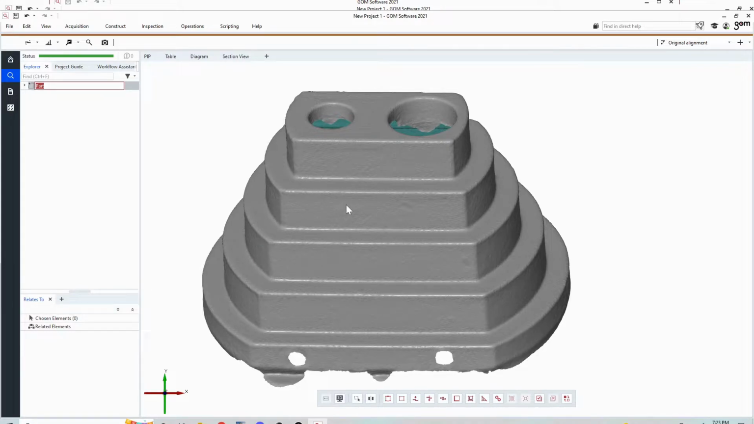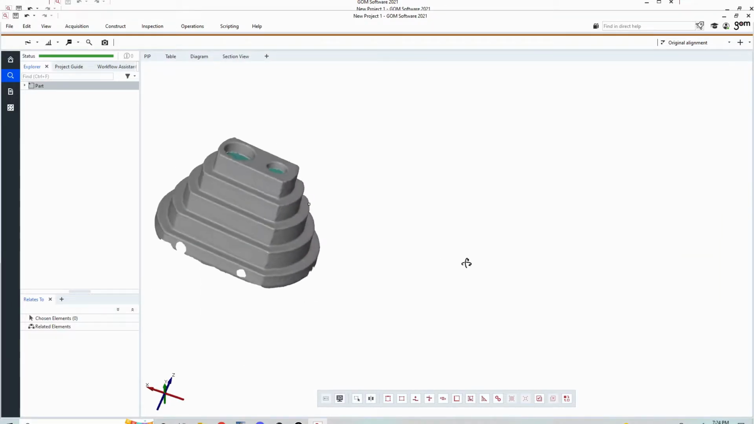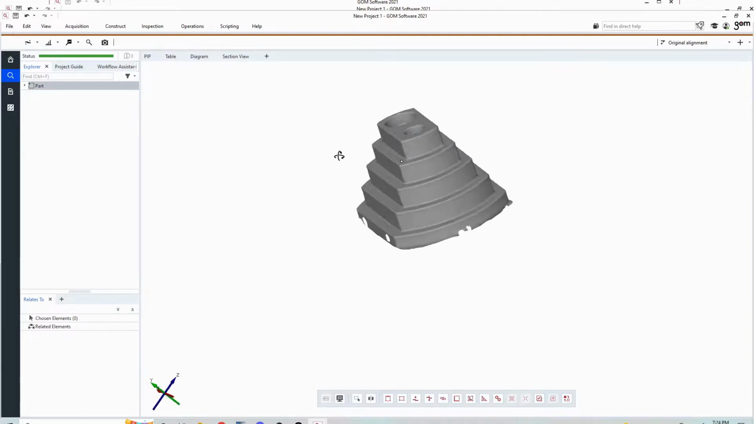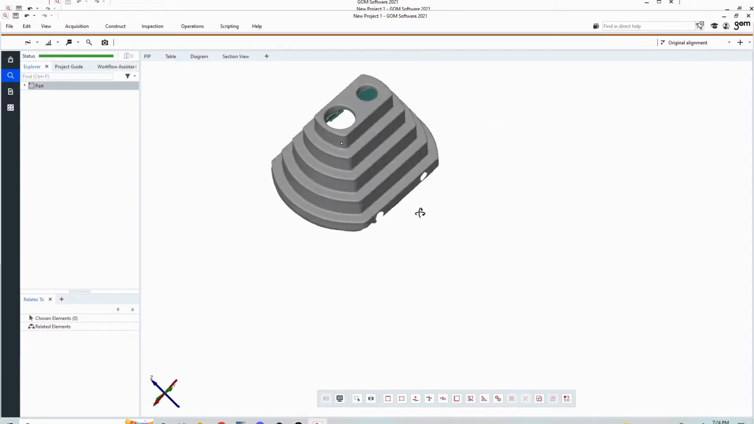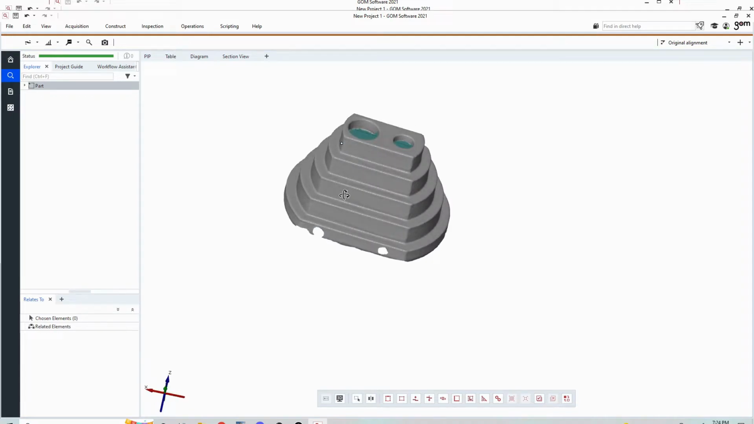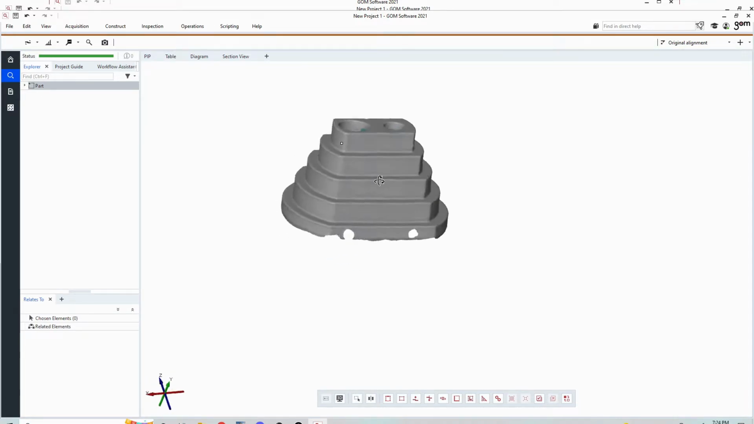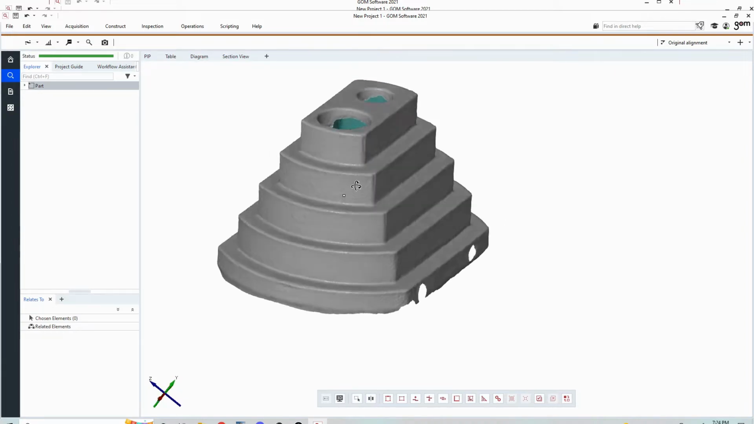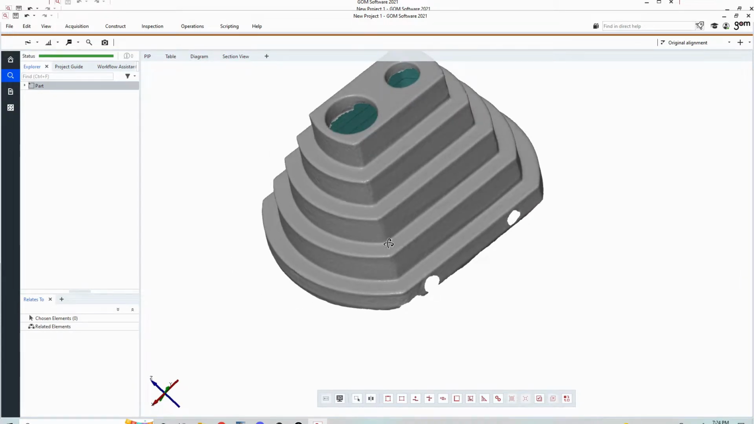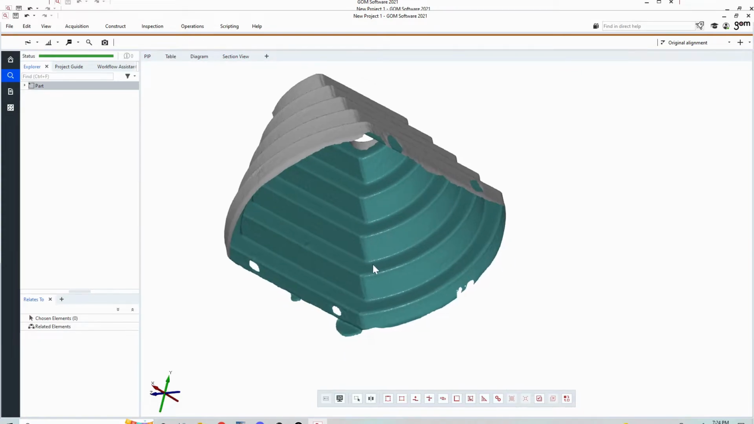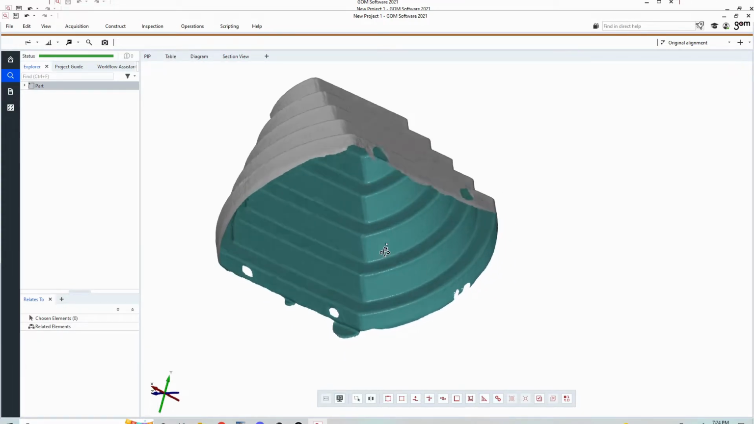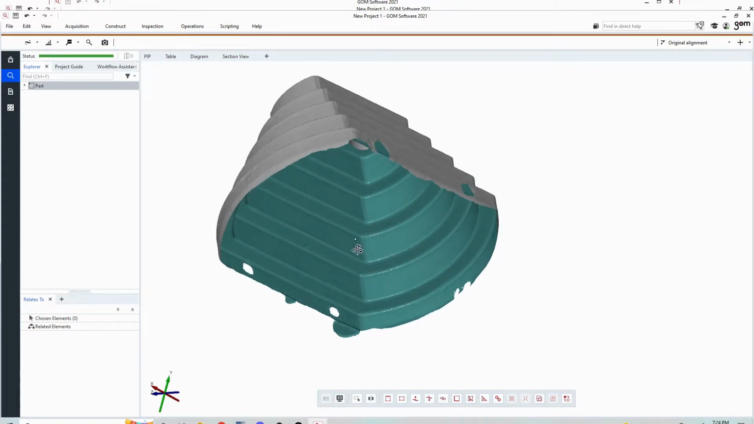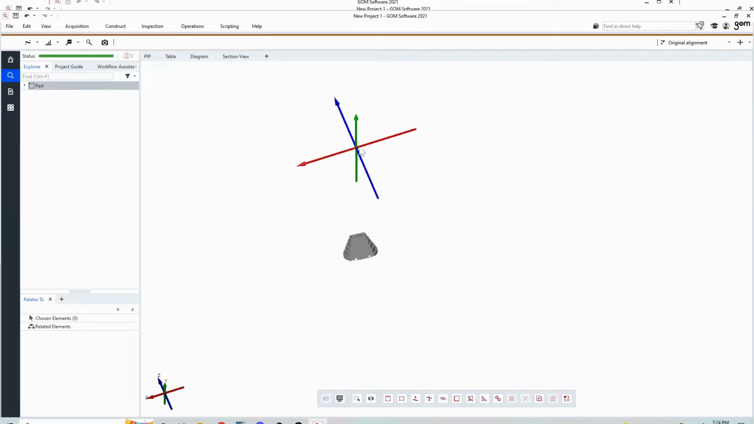So here you can see the part mesh that is in space, and you can just drag around and use your cursor to inspect the scan file. It will show the gray feature for the mesh with the normal surface. If I look underneath the part, I can see this green to blue cyan color, and that means